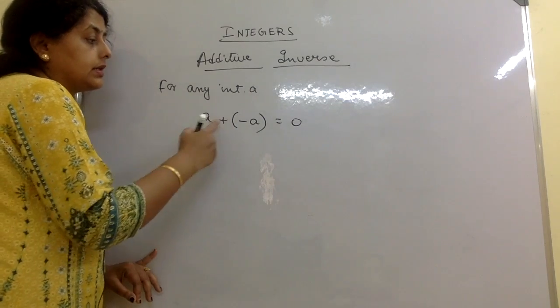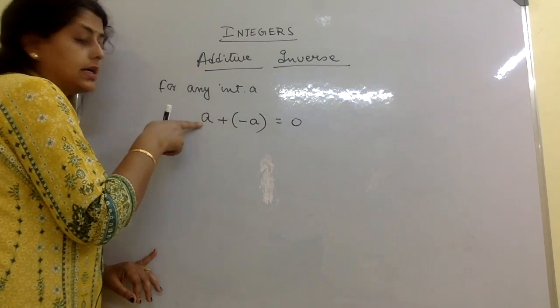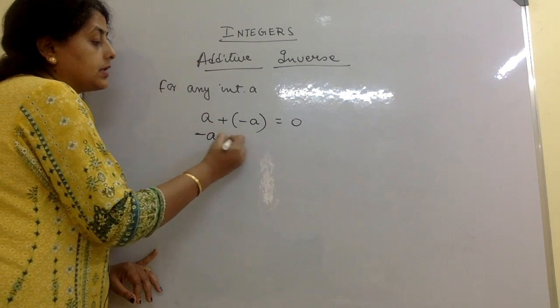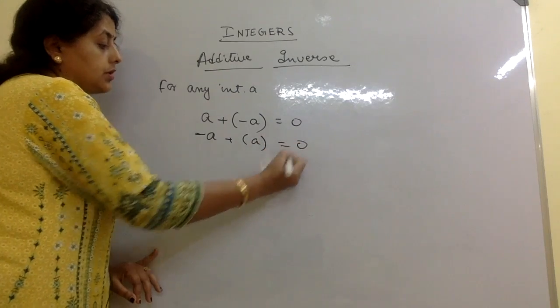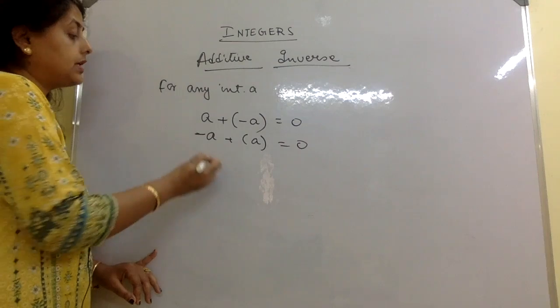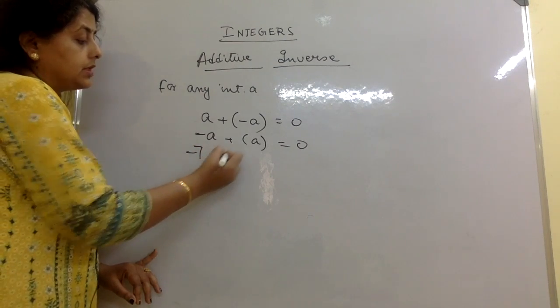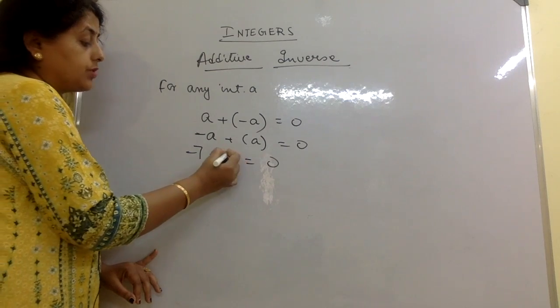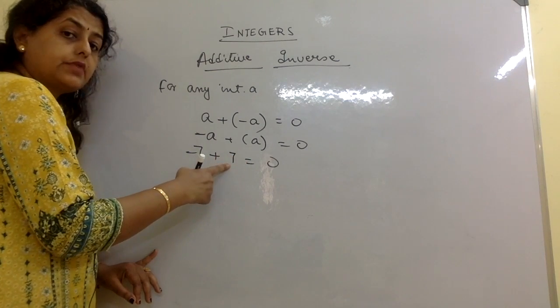Then minus a is the additive inverse of a, or minus a plus a is equal to 0, then a is the additive inverse of minus a. Let me take minus 7 plus what gives us 0? Minus 7 plus what gives us 0? Plus 7. Therefore, 7 is the additive inverse